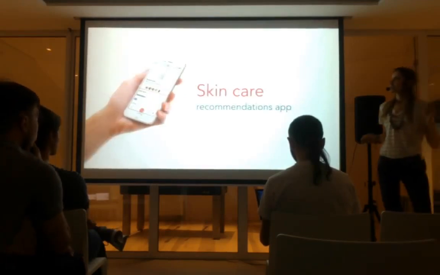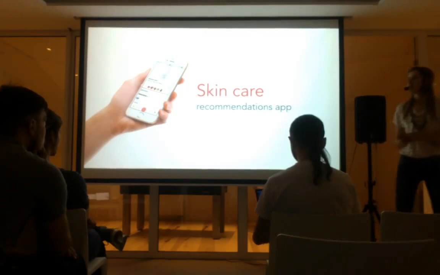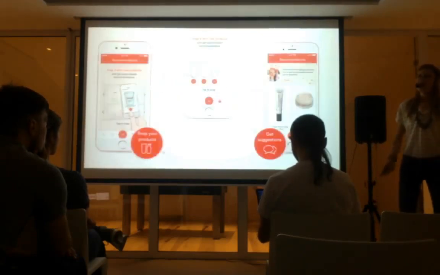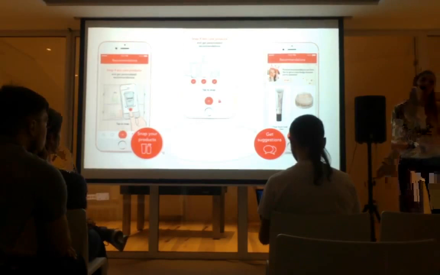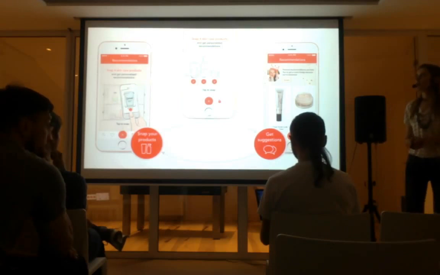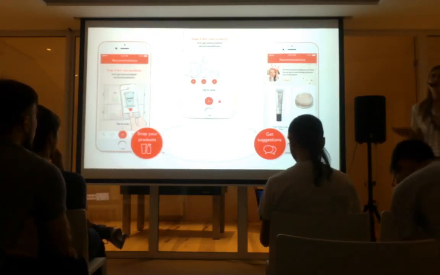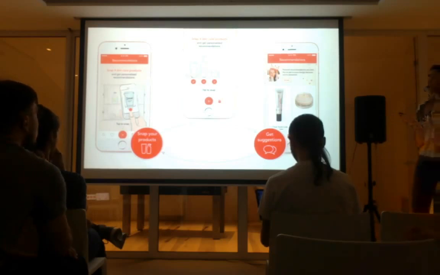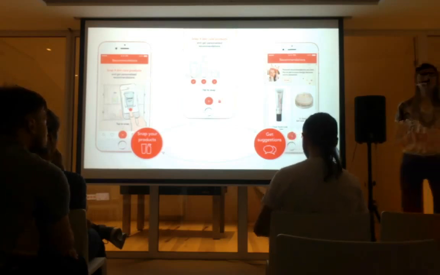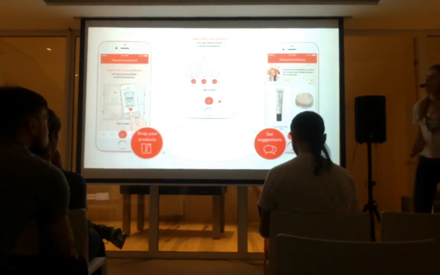And it started fun, right? We were creating a skincare recommendation app. Basically, what it did at that time, we asked users to take pictures of skincare products they used. We asked for at least 4 products, and the system recognized them. And based on that, we could predict what products would match her skin and what products she could try. So we gave her recommendations to try the products, and then the loop should go on.